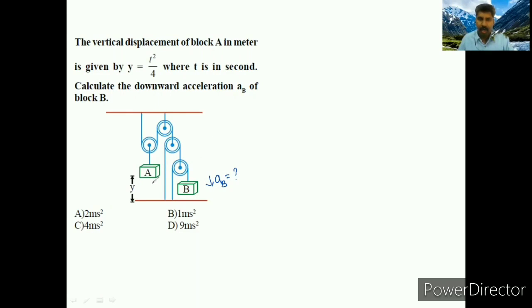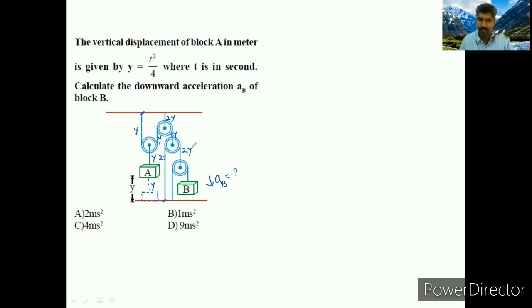So here how we need to explain means, for example this block A I am pulling in the downward direction. How much displacement is there? Y. Pulling downward means it is applying this side also Y, this side also Y. Means it is a fixed position, means this Y and this Y will come this side only. So here it becomes 2Y. This 2Y will pass here, 2Y. Now this 2Y will come this side and this side. But here it is also a fixed position.